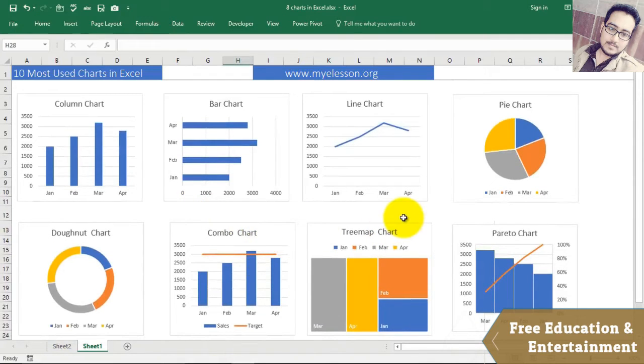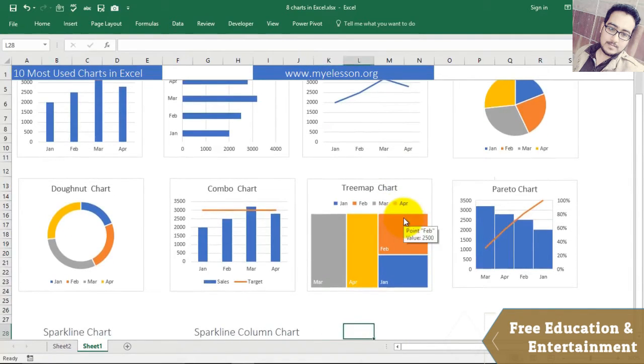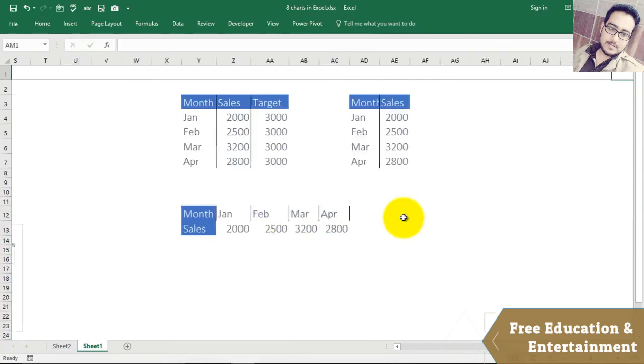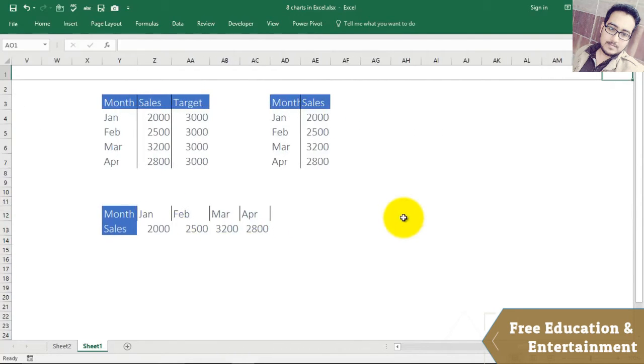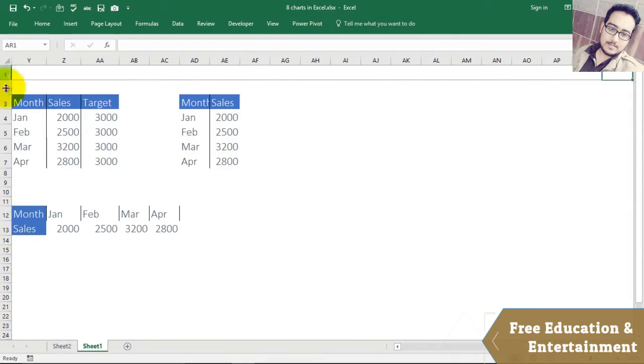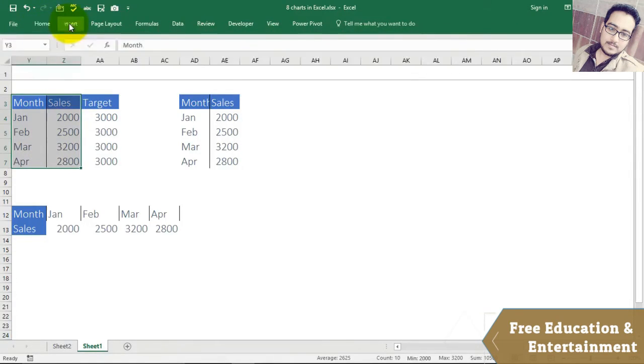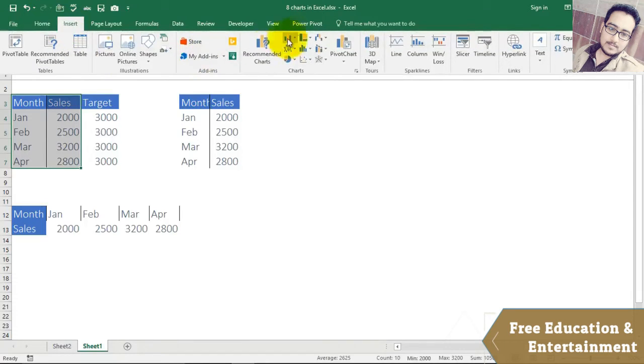So making charts and graphs in Excel is very, very easy. You just need to know what kind of data you have and what you want to show. So let's start making our charts from here, and this is the data I have. To insert a chart, you select your data, go to Insert, and from here choose